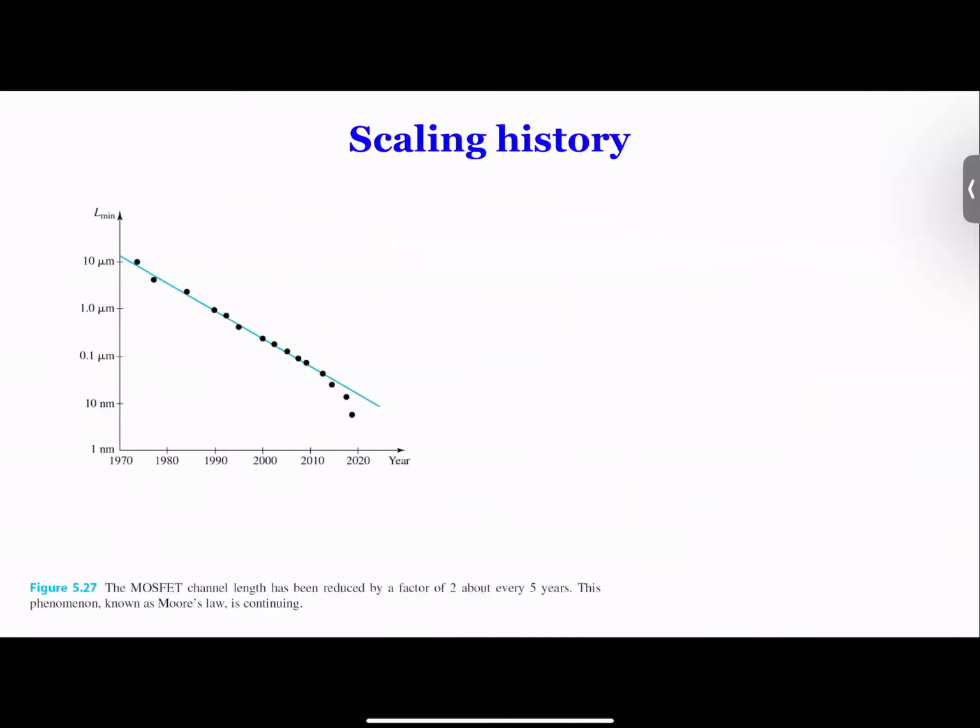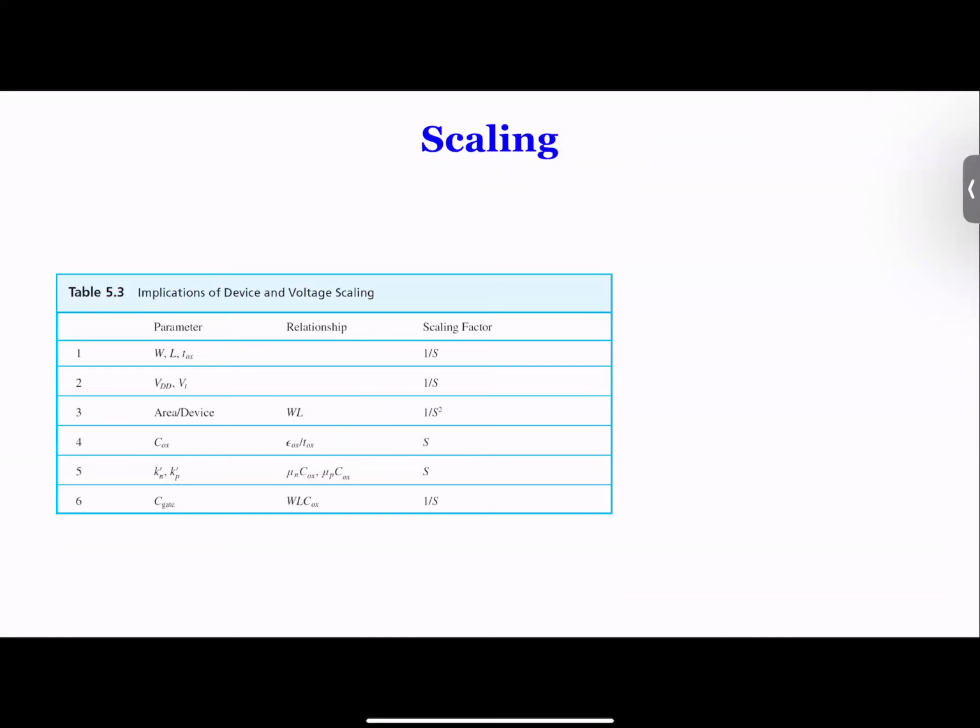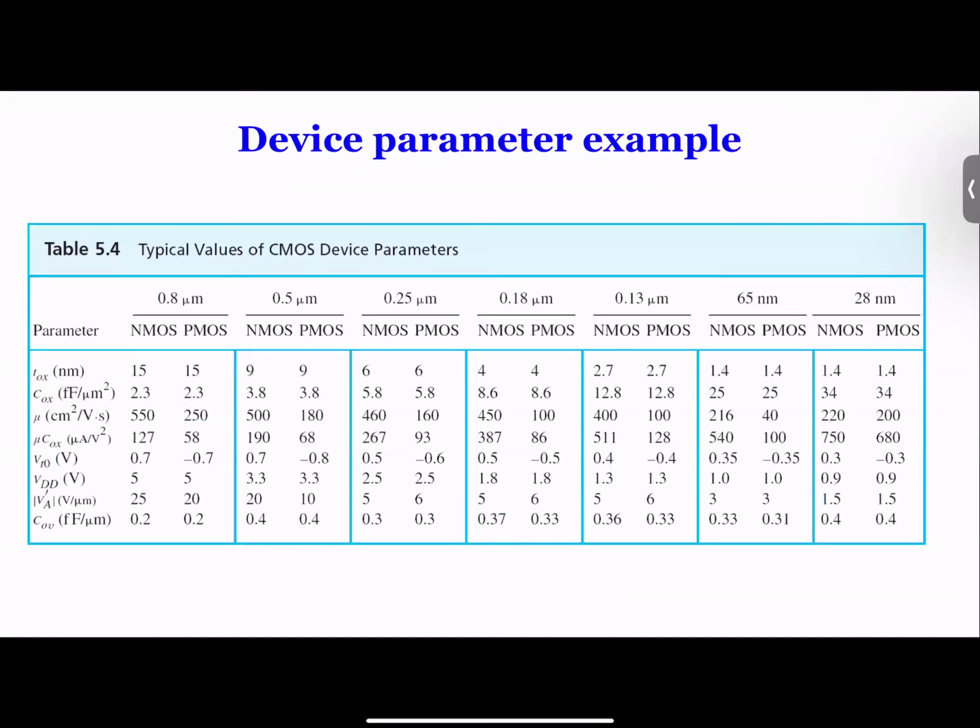I'm going to go all the way to just a few words, I know we're almost out of time. So MOSFET scaling: last time I said how small the size is going, nanometers. It goes from the early 70s all the way to today. It has been following Moore's law: every so often, the number of transistors doubles on the same area. And this table shows example parameters of different nanometer technologies. But today,